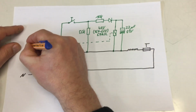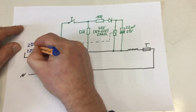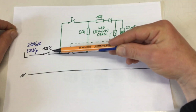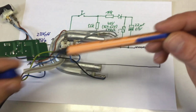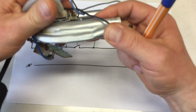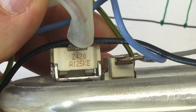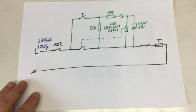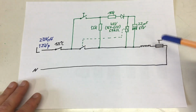We have here live coming in with 230 volts effective, or that's 325 volts peak. And we have our normally closed, that's the big thingy here. That's actually a thermal switch. Didn't find any data, but let me focus. Yeah, the marking A125KE. That's basically a good indication that this is a thermal switch that will actually switch at 125 degrees, and consequently